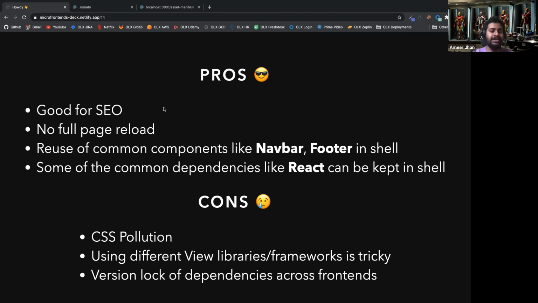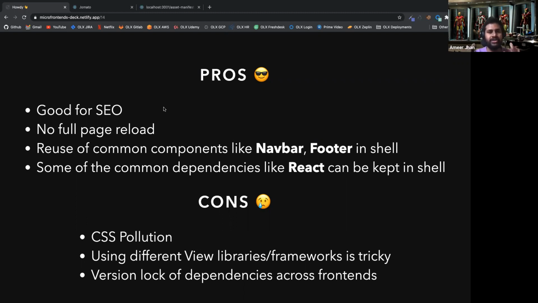Okay, and there are some cons obviously. The first con is the CSS pollution. Since you're using the same client for navigating from one micro frontend to another, there's going to be CSS pollution. One way around it is by strongly adding some linting rules by which no one can use global CSS.